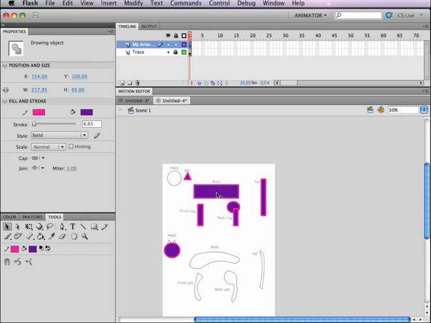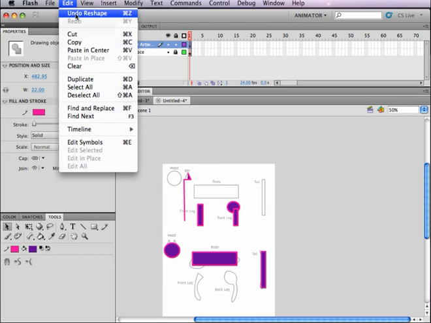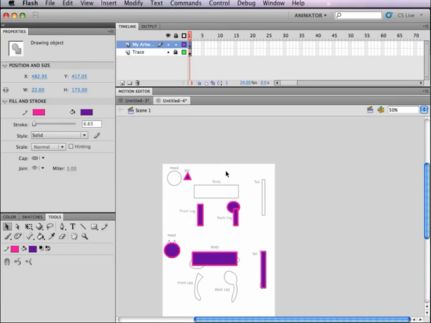Then I'm going to single click the body and bring it down, and the tail and bring it down, and the ear. And if you grab it and something happens, just go to Edit, Undo, because I reshaped it when I didn't want to. Bring the ear down, and if I want to copy this ear,